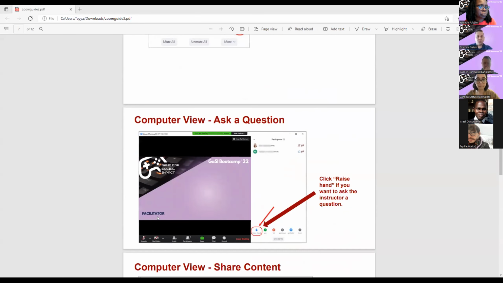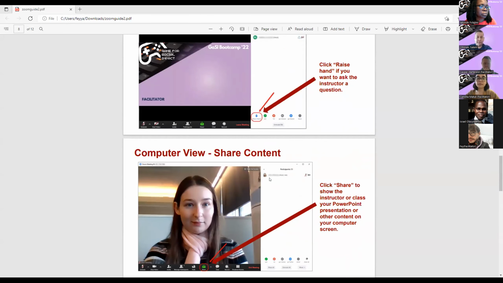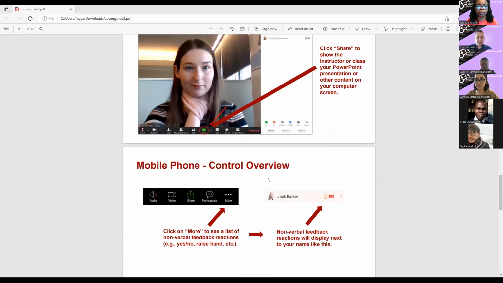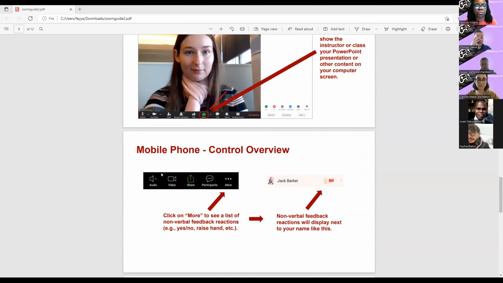And to the share screen content, we will allow sharing screen when we go to the breakout rooms. You can share your screen and choose a specific tab or screen or any application on your computer. The phone controls, as you can see, the icons are very similar, and if there's any other options you cannot see on your phone, always go for the 3 dot, and the 3 dot more will always enable you everything we just covered on the